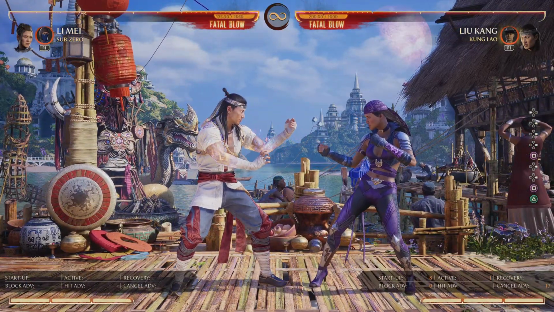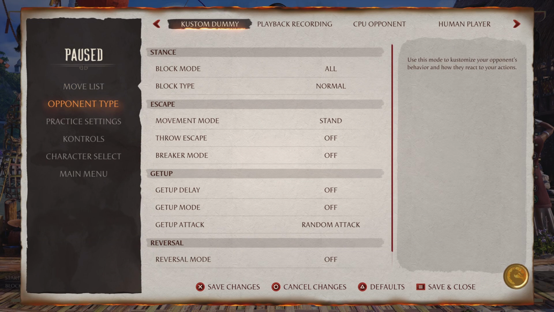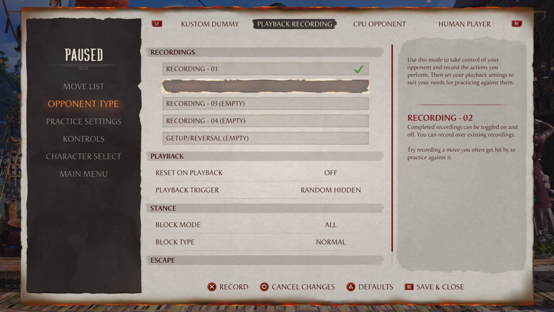But the thing is, he has a 6 frame standing 1. So if you go to challenge this and start your own pressure, against most characters, you would trade. But